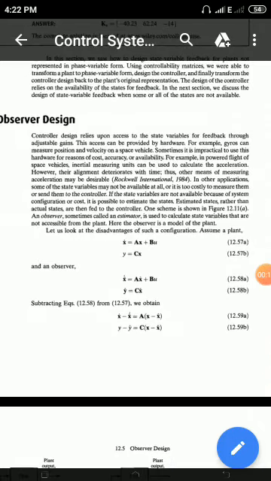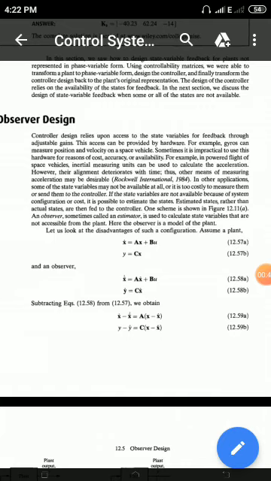In most cases, because of the plant configuration, you may not know every state variable. You don't have any knowledge of some state variables in the system. Or yes, you can measure them with the help of some sensor, but that will be very costly. So instead of measuring them with a sensor at a very high cost,